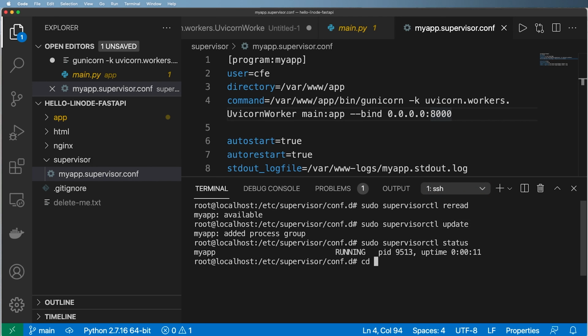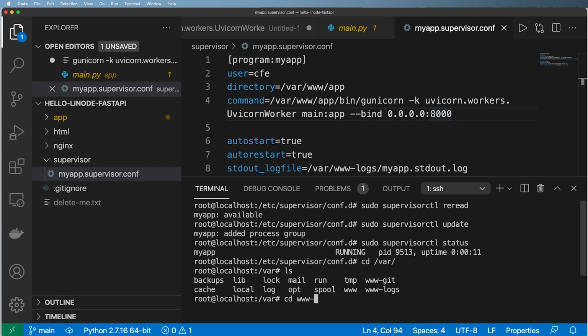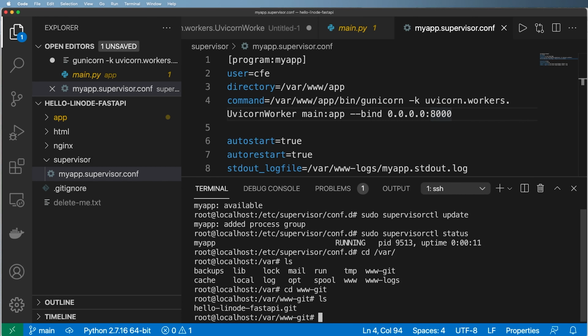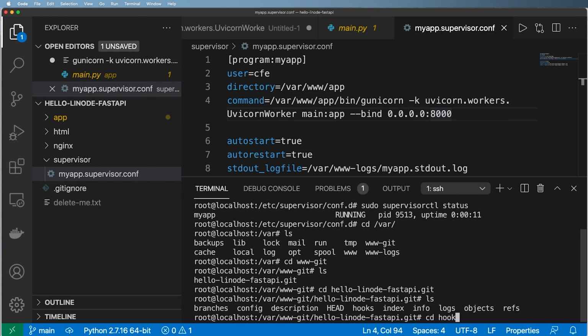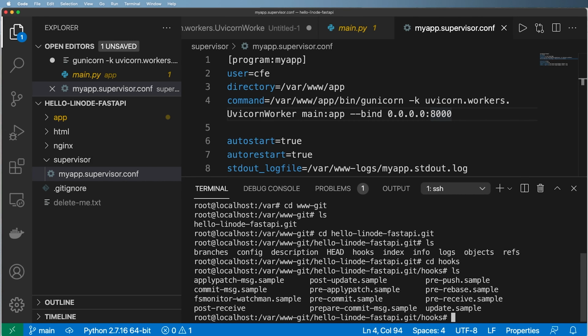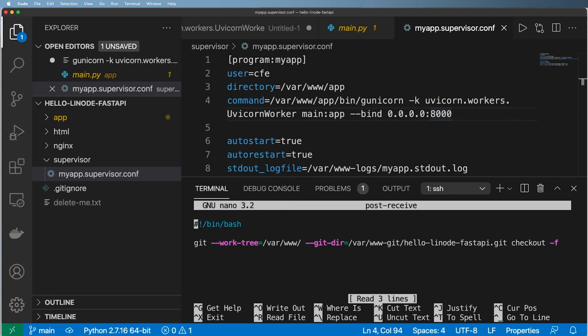So what we want to do here is go into var and then cd www git, and then we're going to go ahead and do cd hello linode fast api.git, and then we're going to go into our hooks, and then we're going to go ahead and do nano post receive, and this is where we want to run that pkill command. So after we check out everything, that means the code has changed. That means we want gunicorn to restart gracefully. So we'll do pkill -hup